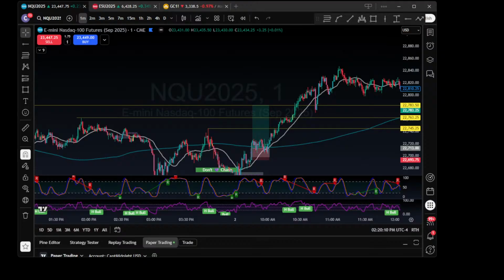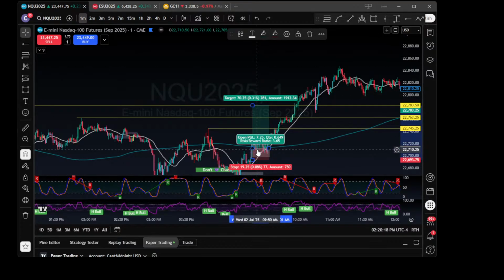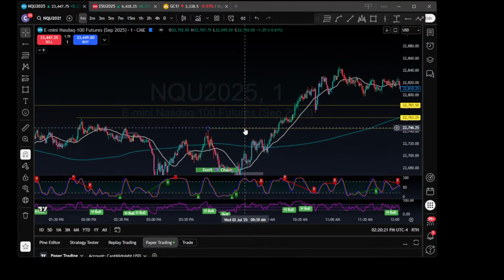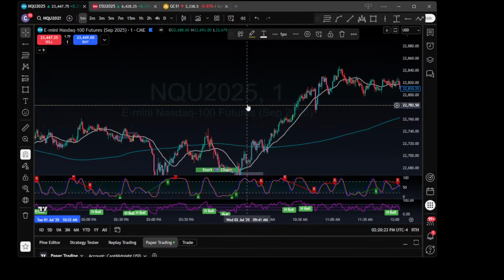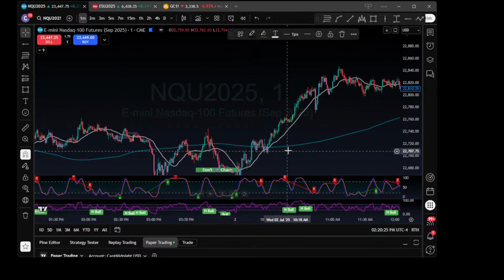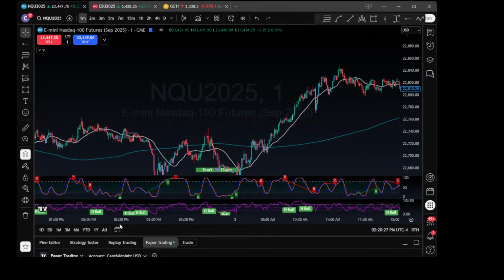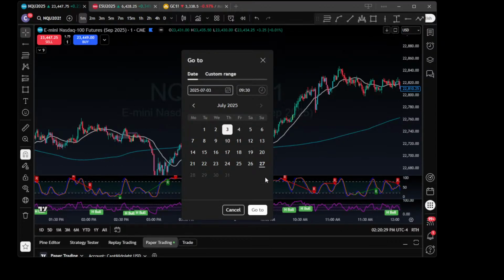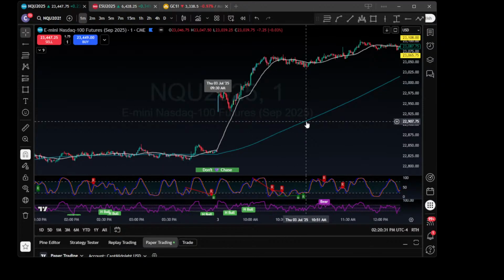Backtesting can be boring. If you have any questions, just hop them in. I want to make sure I delete everything. On to the third. I may not go through all of these.